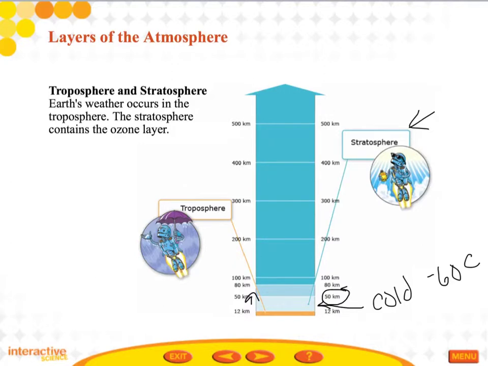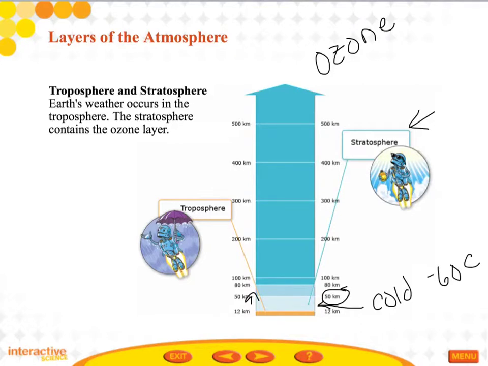layer. Now, if you don't know what the ozone is, ozone, O-Z-O-N-E, the difference between this form of oxygen is that it has 3 atoms in each molecule instead of the usual 2. So when the ozone absorbs the energy from the sun, that energy is converted to heat, and it warms the air within that stratosphere layer. The ozone layer also protects the living things on Earth from those damaging ultraviolet radiation rays that come from the